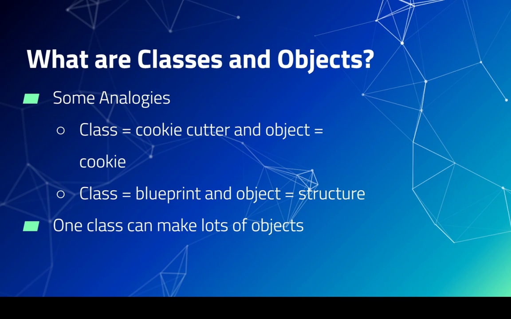There's also another analogy which might be better for you. I don't know, either one works. The blueprint and structure relationship. So if I have a blueprint for a house, let's say, that blueprint basically tells you what you need on your house, right? I want the walls to be here and here, for example, and I want a roof to look like some kind of triangle thing. And then when someone goes and actually builds that,